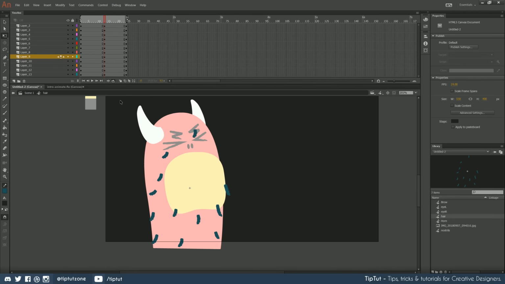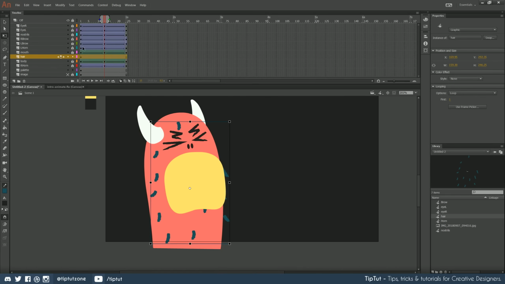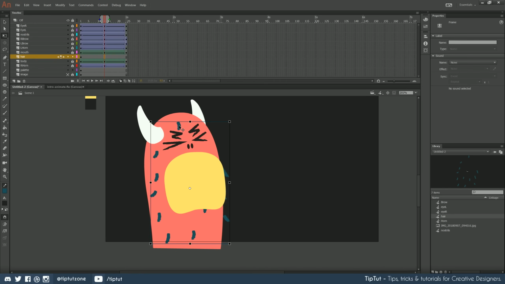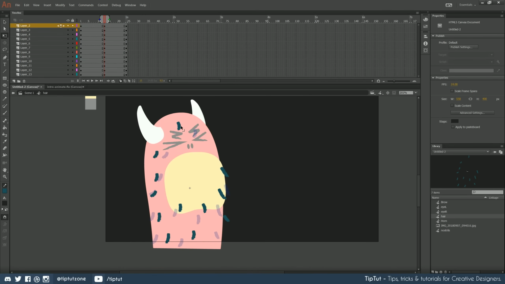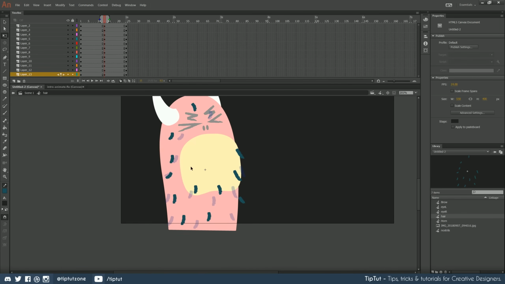All we need to do is move these. Okay, so let's turn on onion skin like so, and we'll move them into their new position. Now it's important, you should probably try to keep them in the same place as their originals. So if we know, for example, when we drop out, this one's in the middle of his forehead, these are in kind of an arc below his mouth, and these go down the left and so on. When we go to this new one here, we can keep that same positioning, even though technically the hair is moving quite a lot. So it's going to look like it's moving in place rather than just jimmying all over the place.